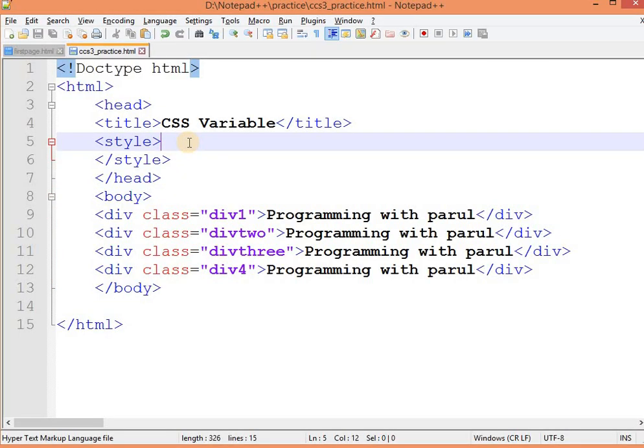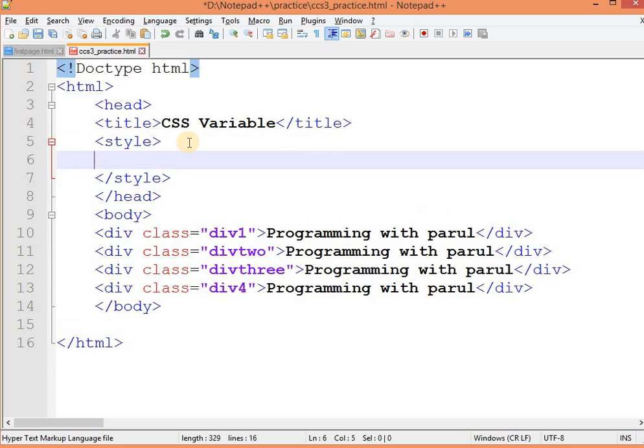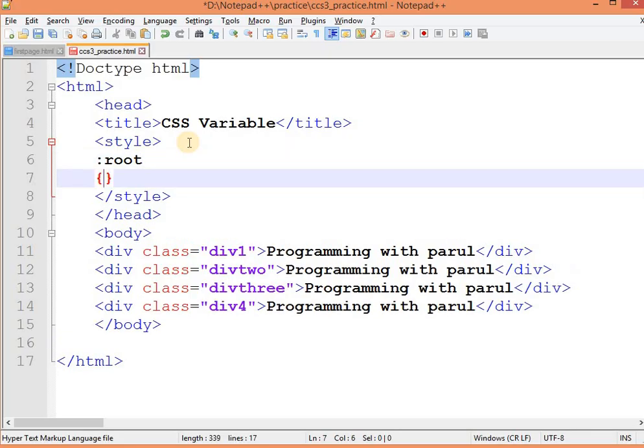Now, whatever I want to style, for example I want to create a variable for background color. So how can I do that? We have seen the syntax of using a variable, but how can we define one? There is one selector, that is the root selector, which is very important. Why is it important? Because this root selector directly aligns with the root HTML element. So this is root.